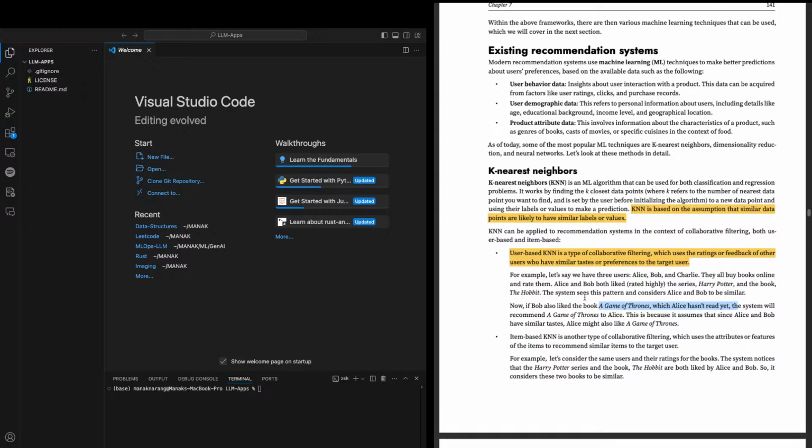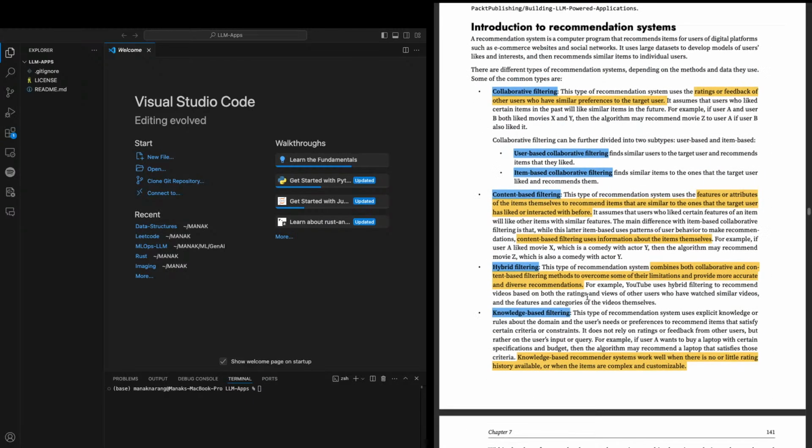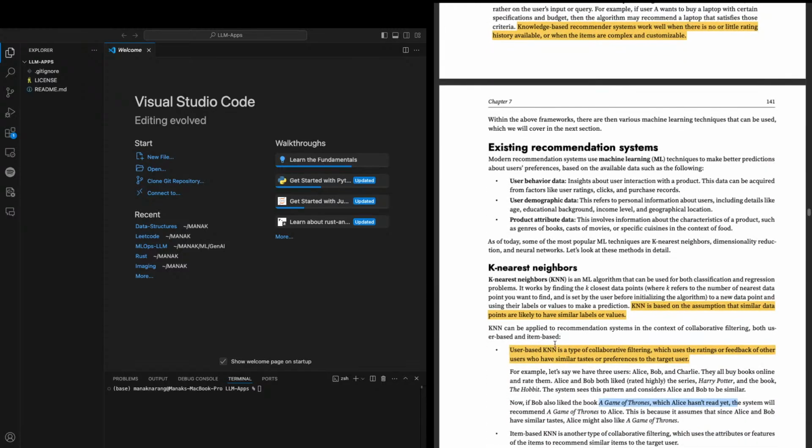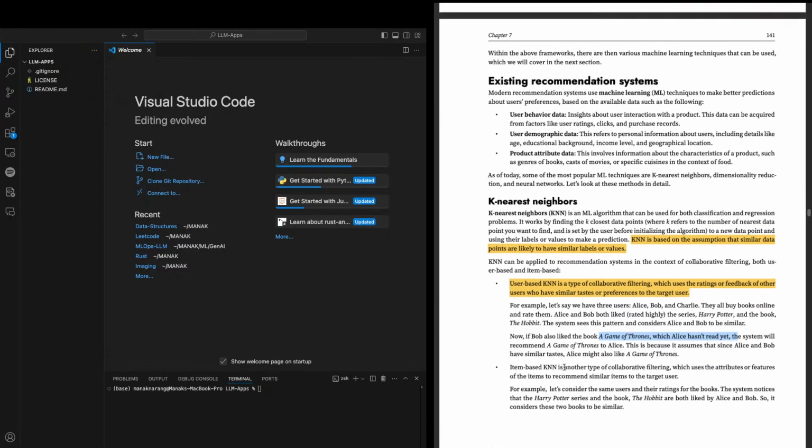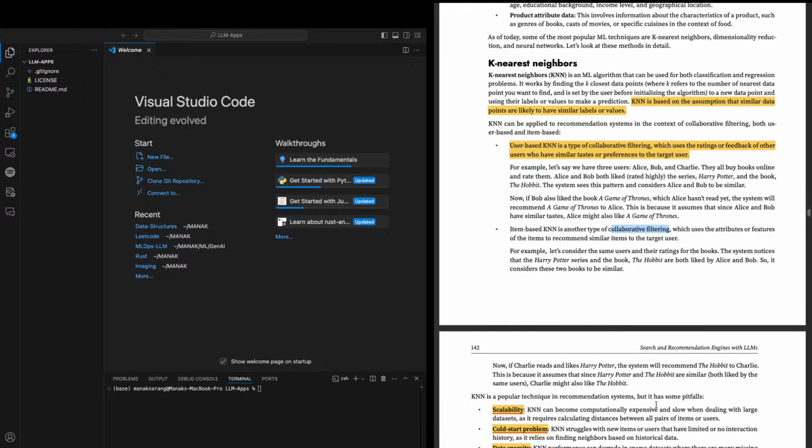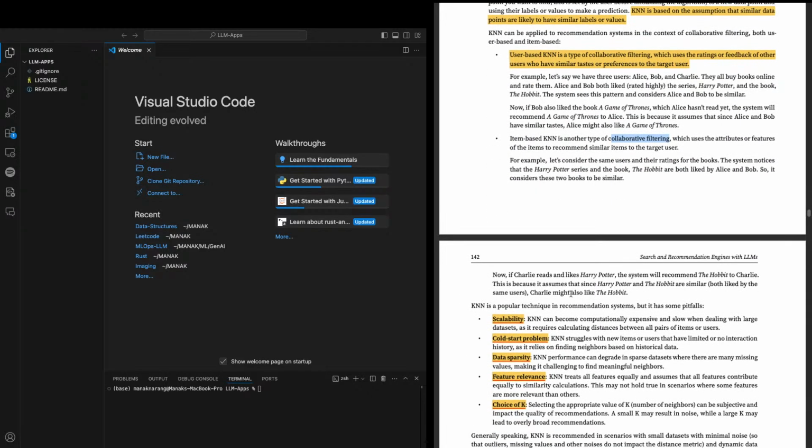So this is more like the collaborative filtering. Yeah, okay, it's written, it's collaborative. Another type of. So this is item-based collaborative filtering.